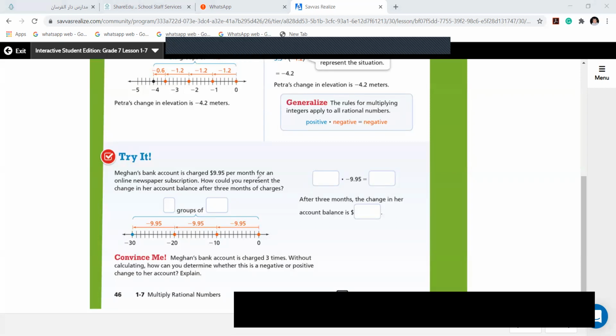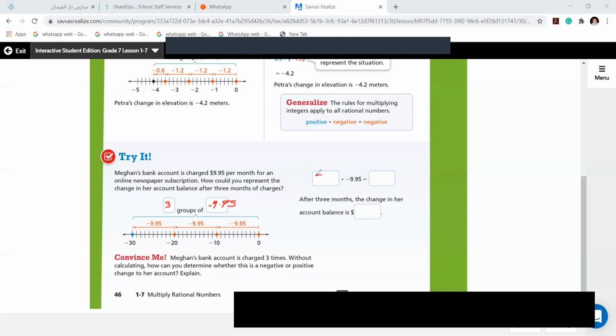So you need to write here minus 9.95 because it is charged. And how many groups? They said 3 groups because it is 3 months, right? For 3 months, 1 month 9.95 they will deduct, again they will deduct 9.95. This happens in 3 months. So that's why